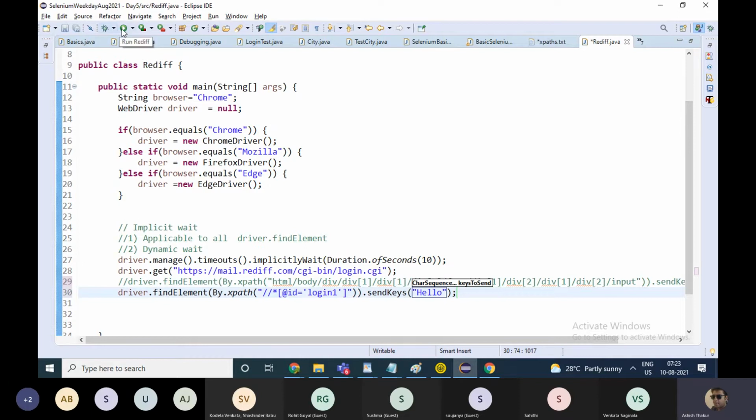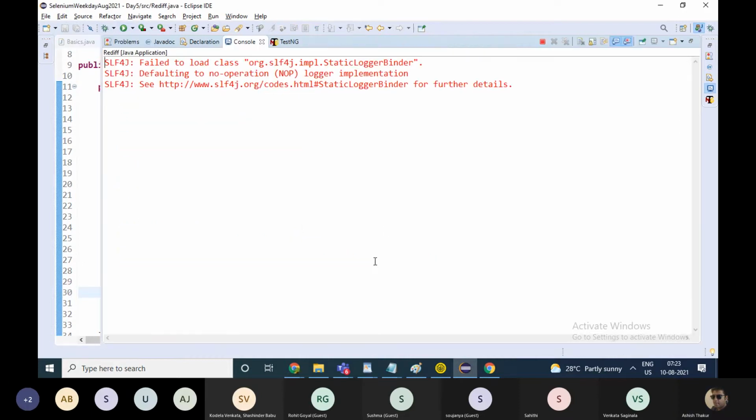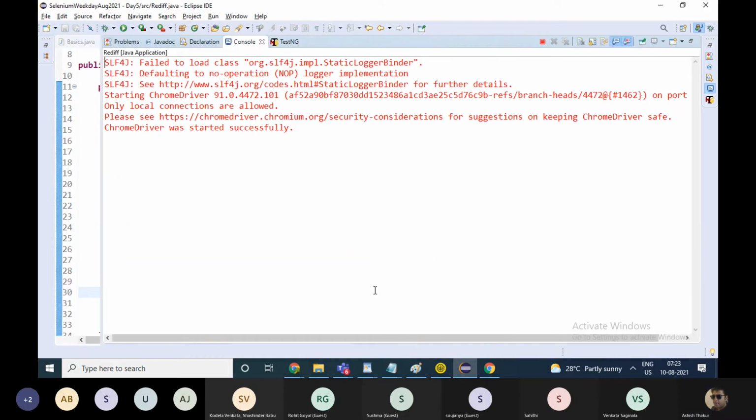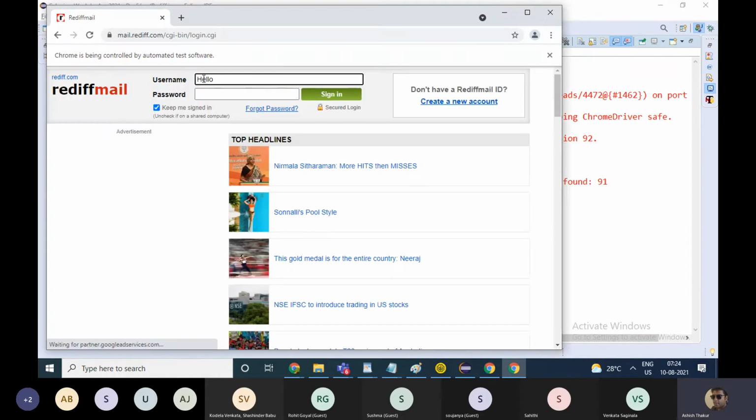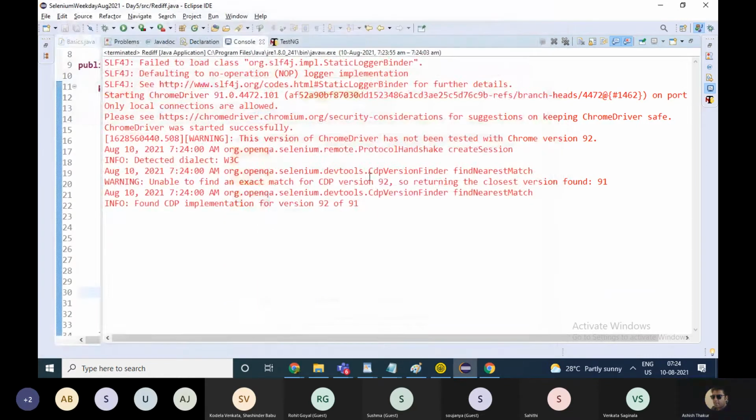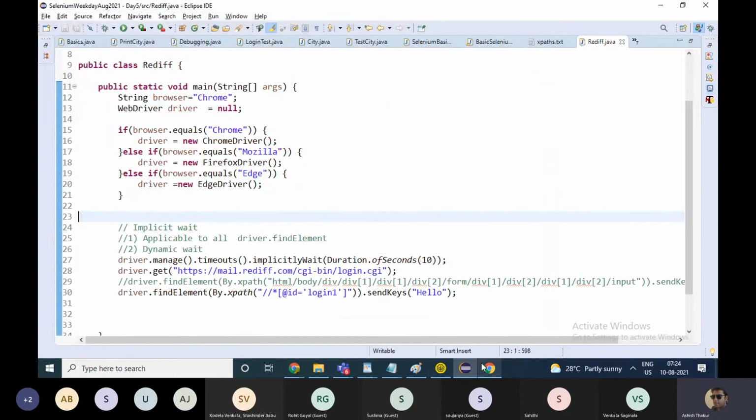So when you run the program, it will go and type hello inside this text field.